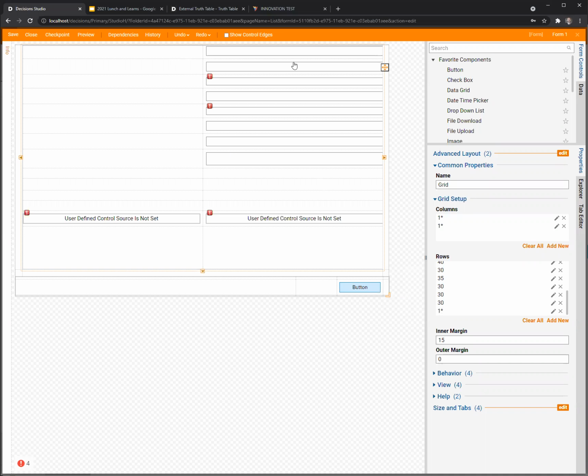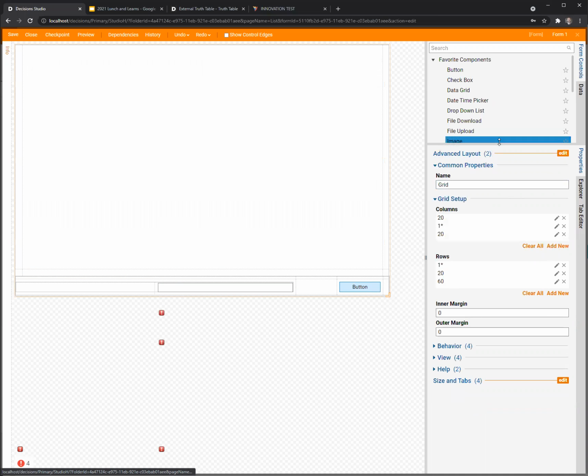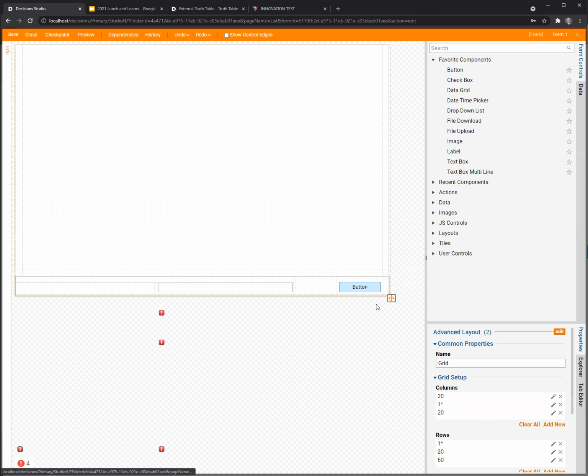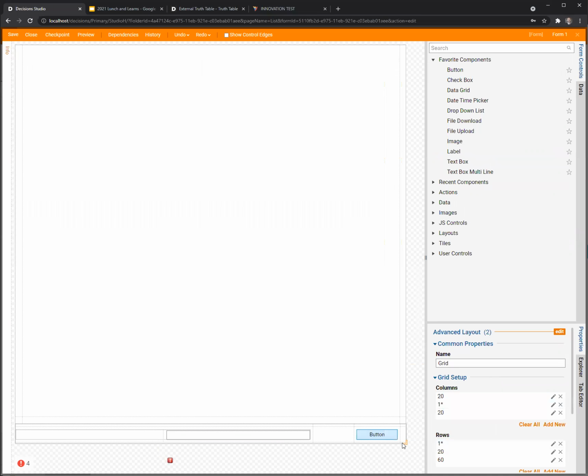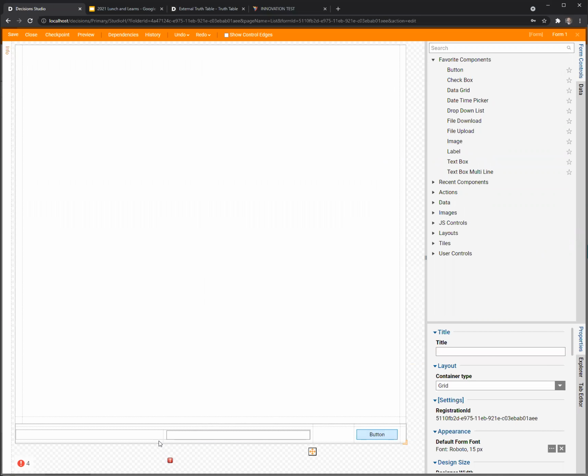Another way would be to just move the whole grid into another place, and then you could add another grid, set it up as you need, and then bring everything over once you have that. So you could kind of use, there's not really a scratch pad per se, but you could use,